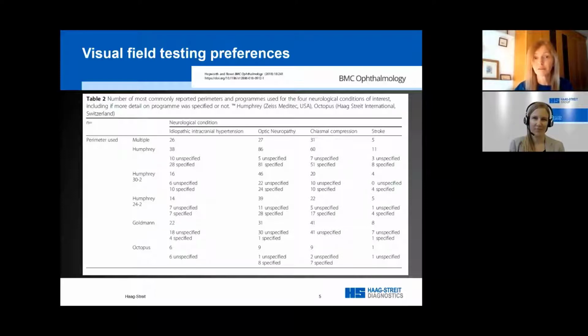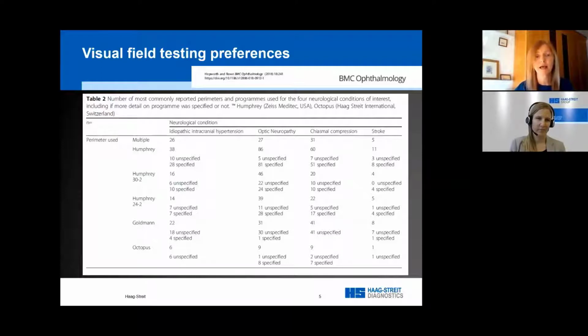I do have some information on neurological conditions and the variances in practice in different areas. And that's based on a systematic review we did and published in 2018. The aim of that review was to evaluate the use of perimetry in common neurological conditions. Now, specifically, these were idiopathic intracranial hypertension, optic neuropathies, chiasmal compression, and stroke. And the review included